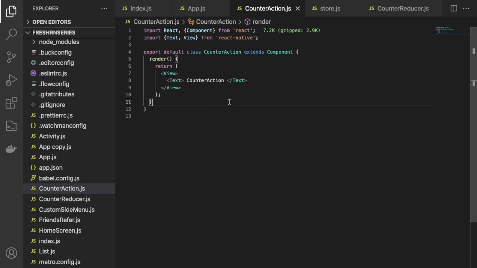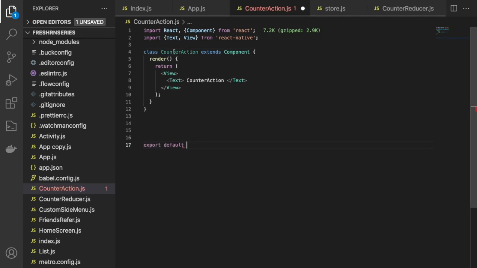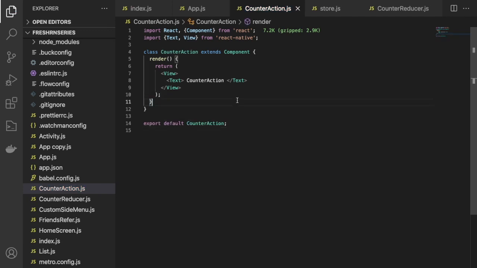Okay. Cool. So in this component, we can export default this component with this name, counter action. And we can create this component as a functional component. We can create it if you want. Let me do that for you.